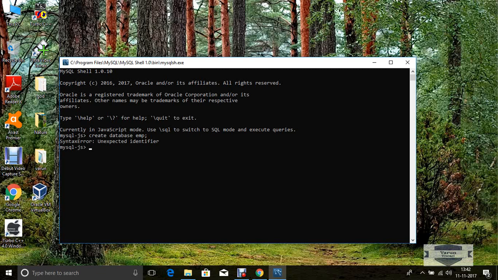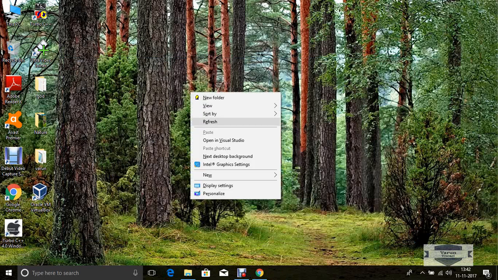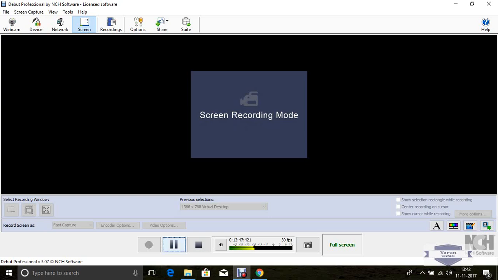Currently the shell is in JavaScript mode. So just type exit. Quit. In the shell prompt,